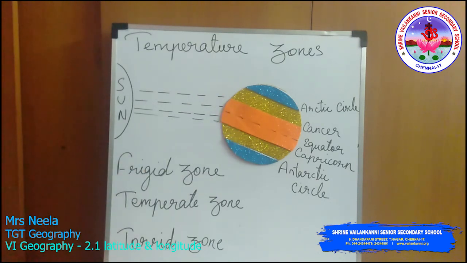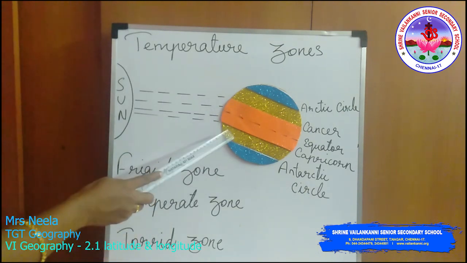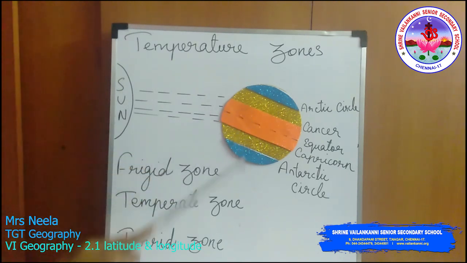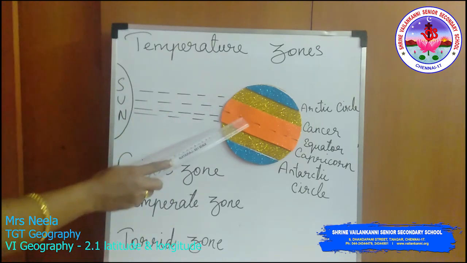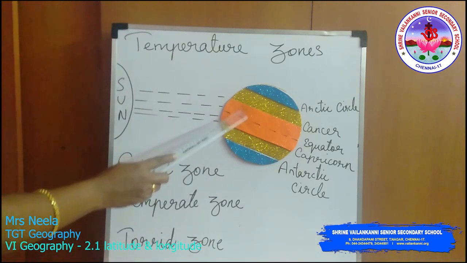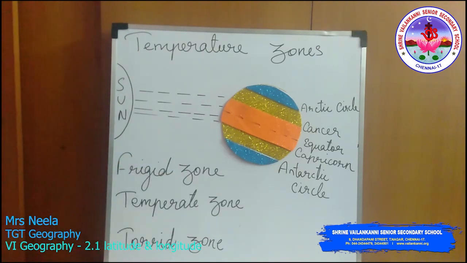Due to the Earth's revolution along with its rotation at a tilted angle, the sun's rays move between the latitudes, the Tropic of Cancer and the Tropic of Capricorn. As these latitudes get the direct sun rays, this is the hottest zone. This zone is known as the torrid zone or the tropical zone. No place beyond the torrid zone gets the direct sun rays.